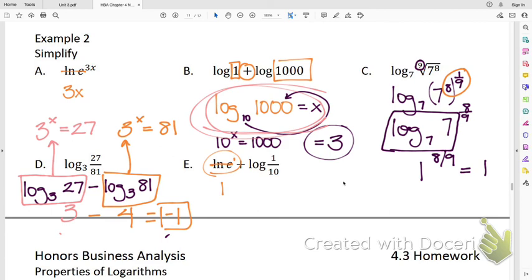Now, I've got to kind of do some side stuff here and deal with the log of 1/10. All right, so that one has an understood base. What's the understood base? 10. So let's switch that into exponential form. Okay? 10 to what power gives me 1/10? We just did that on the previous page, didn't we? -1. All right, so that entire thing simplifies to -1. And what am I supposed to do with those two things? Add them, which means my final answer is what? 0. Good. All right, now